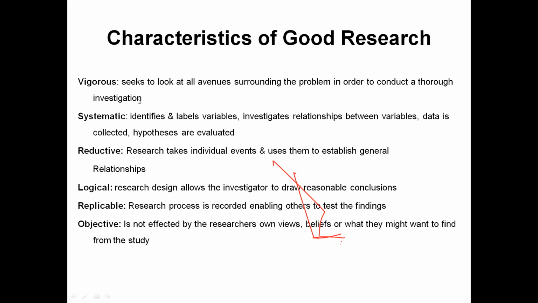Don't be emotionally attached with the company in which you are doing the project, or don't be emotional with any elements which come under the research process work. Be neutral, be impartial while conducting the research. That's the major objective of a good research. So these are the 6